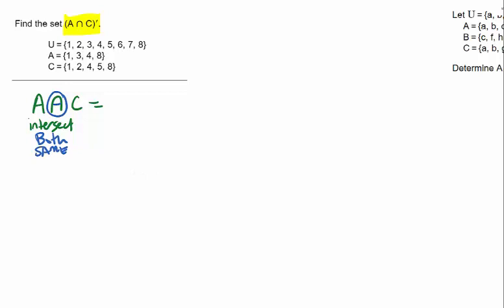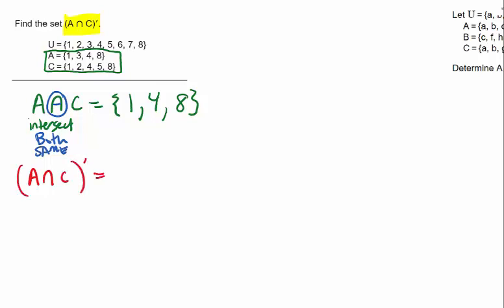So I'm looking at these two sets right now. And I'm saying if it's matching, if it's the same, if it's the both, we are going to list them out. So 1 matches. We do not have a 2 in both. We do not have a 3 in both. We have a 4. We do not have a 5. We have an 8. So that's what's matching. At this point, I am not looking at those sets anymore because I'm now doing